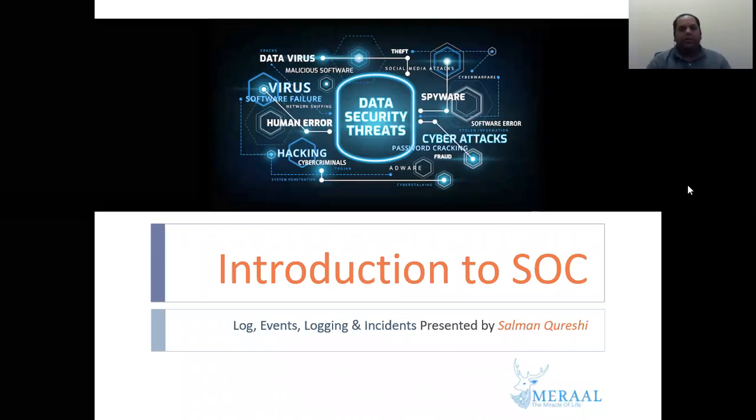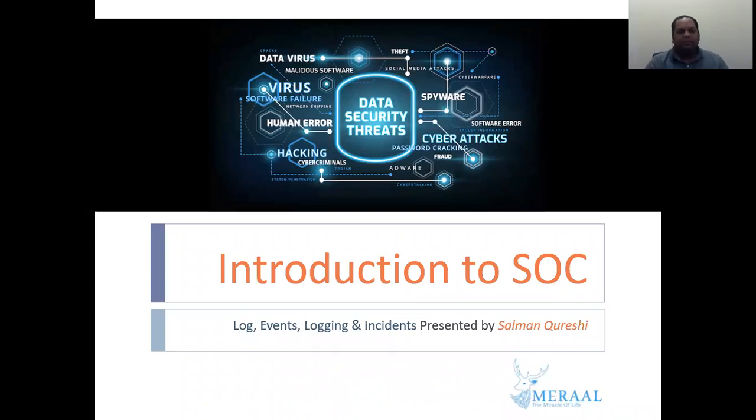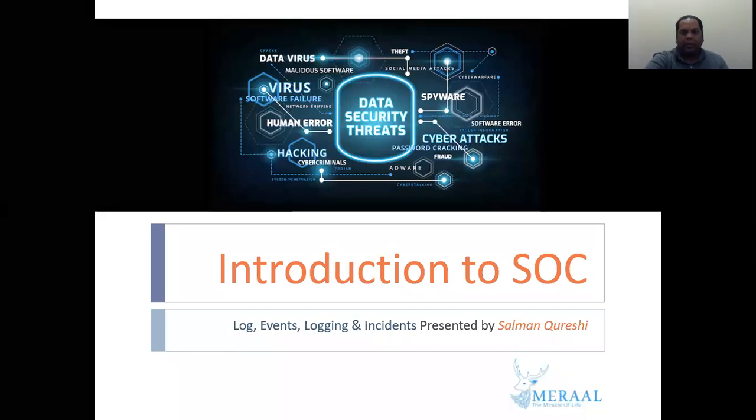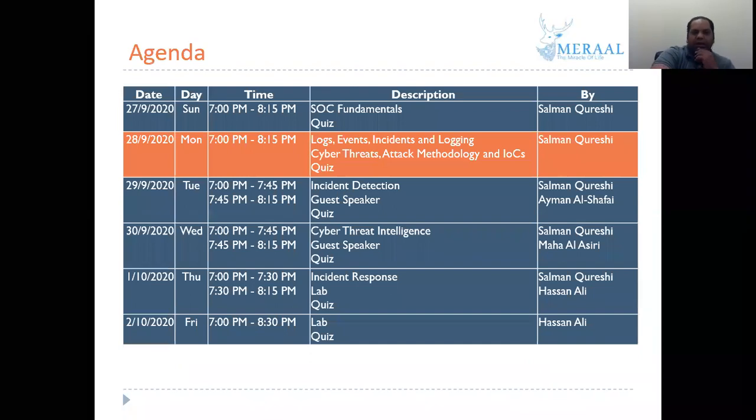So today we are going to discuss log events, logging, and incidents. This would be our first part of today's session. Then we'll take a 5 minute break, and then we'll discuss cyber attacks, IOCs, and attacking methodologies. So this is our agenda: log events, incidents, and logging, and then cyber threat attack methodology and IOCs,